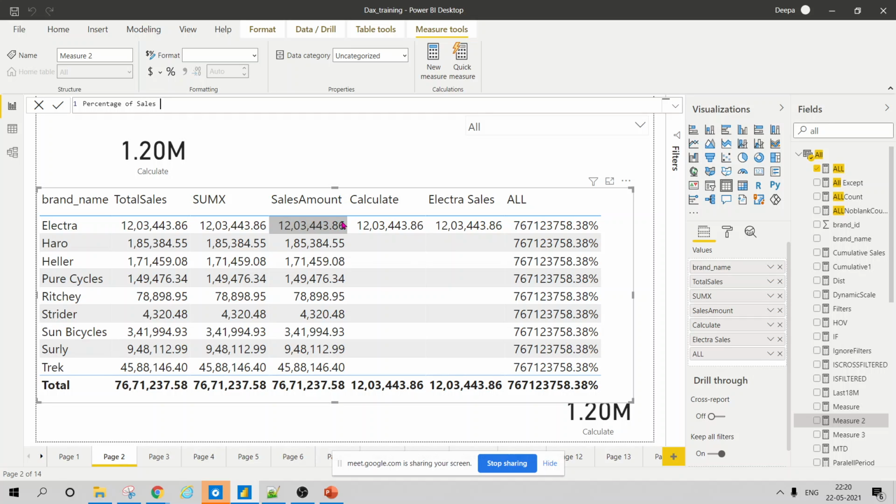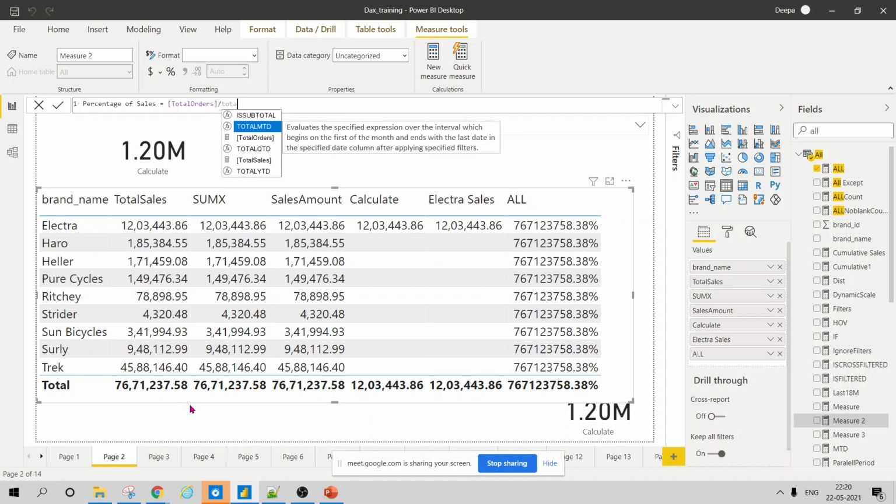so what would I do? I would first calculate the total sales, divided by total sales. So in that case, if I just write it again, what will happen?